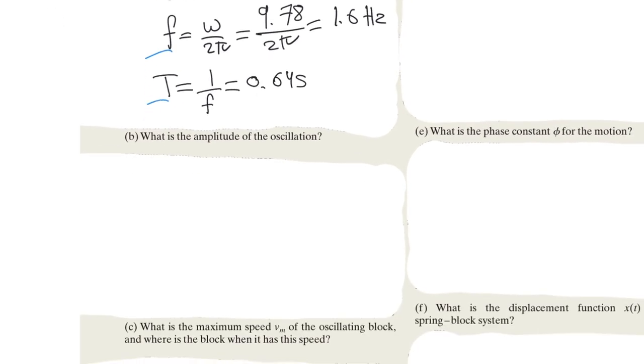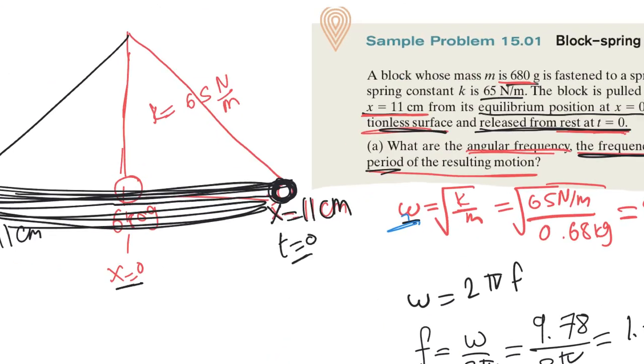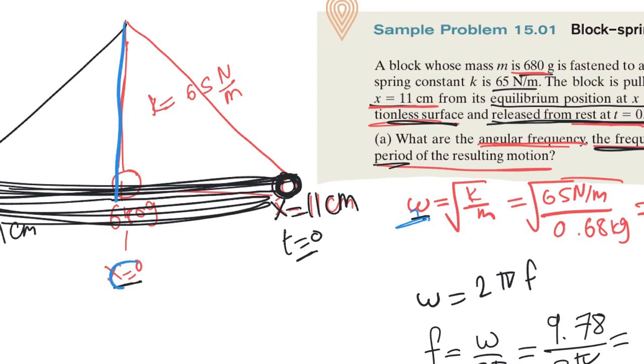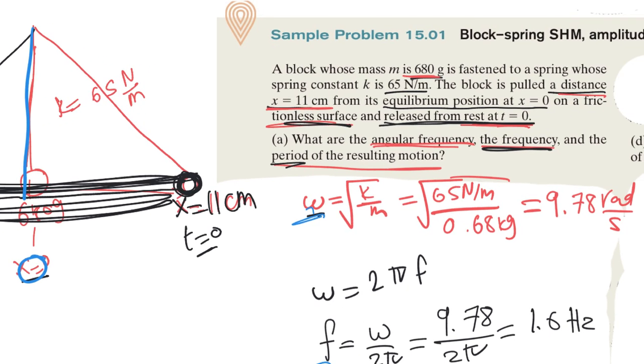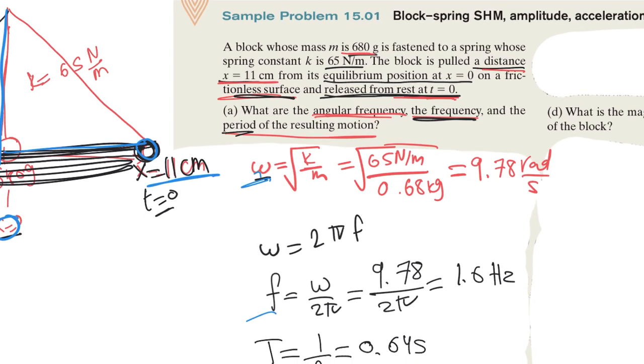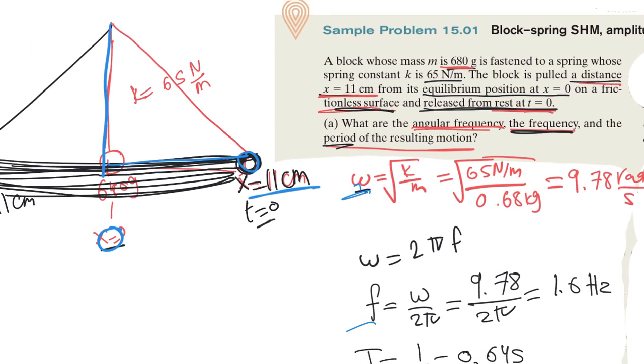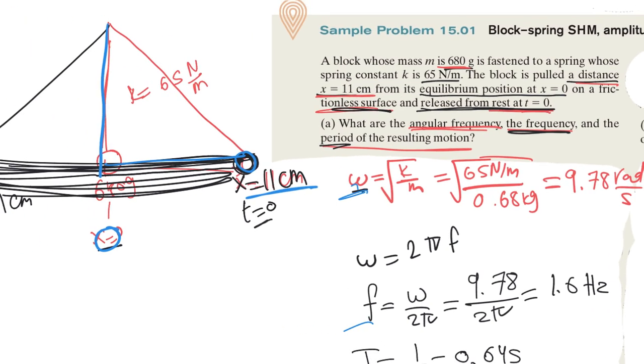Now we will go to the next question. The next question is, what is the amplitude of the oscillation? Amplitude means the maximum displacement from the reference point. So from the question, here is the reference point 0, and the block is pulled to x equal to 11 centimeters, and here the surface is frictionless,